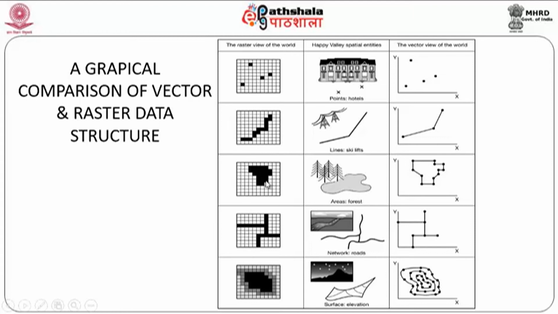Okay, then we have an important aspect, namely your polygon, how a polygon is shown here, and that polygon is represented very uniquely in the case of your vector data. Though of course it is not an exact representation of this forest area, just to give you an idea. When I want to digitize this or bring it into GIS, I have the advantage of going along this line and making it as smooth as possible. But again, that depends on a very important thing, the scale factor, that we will see later.